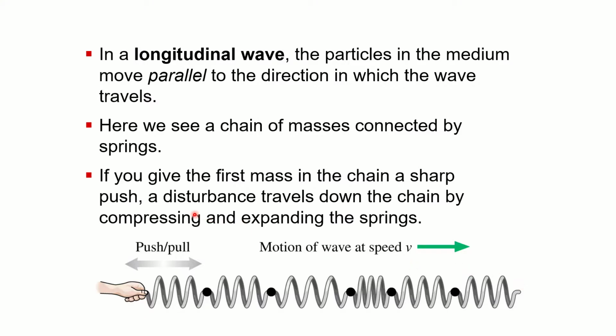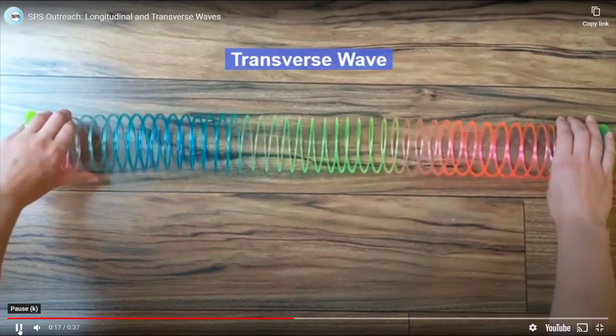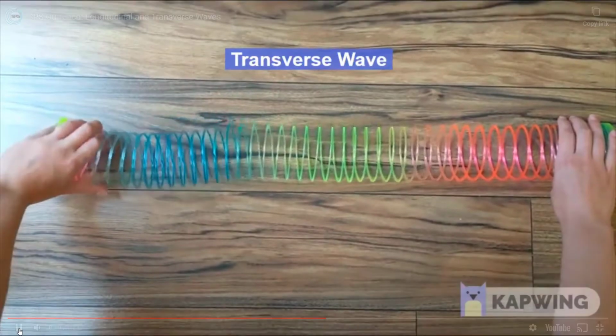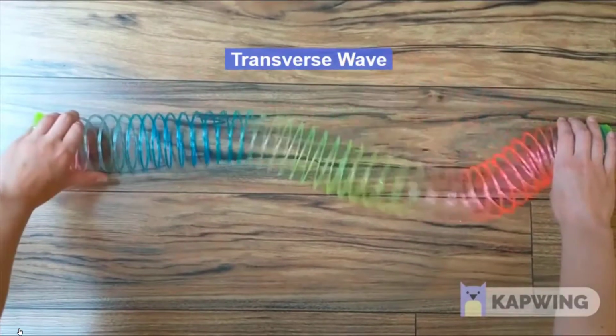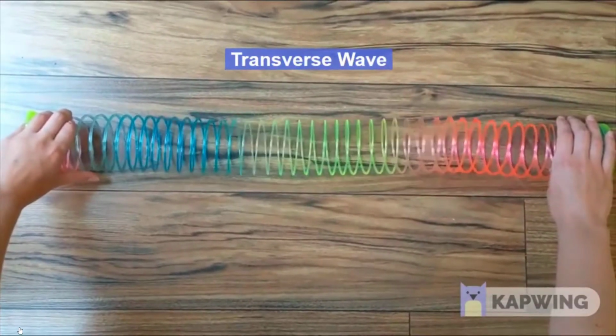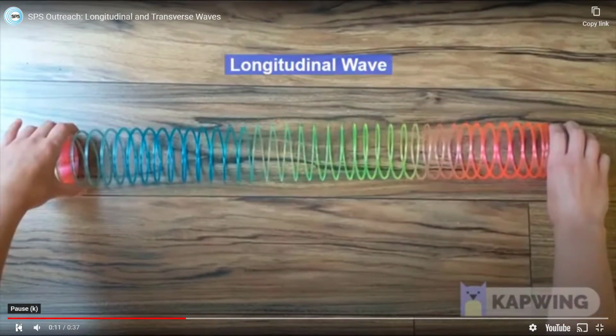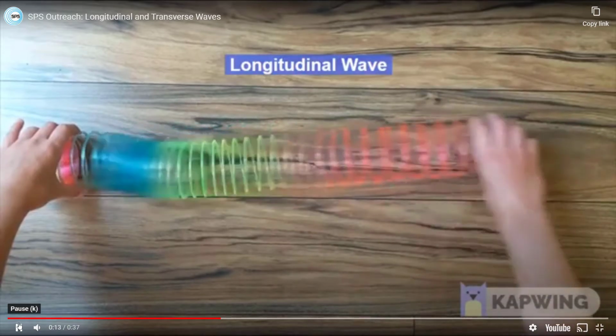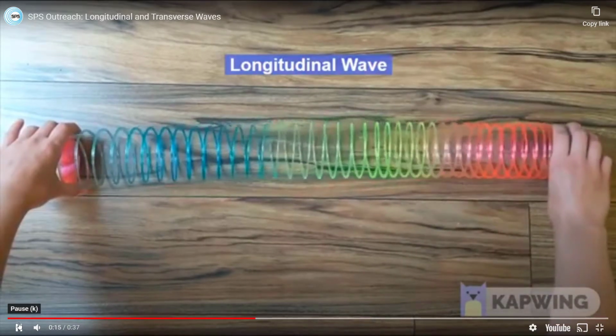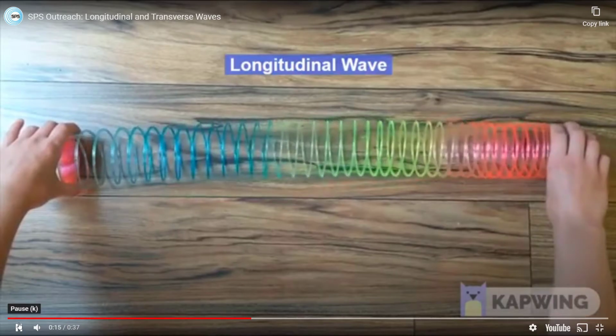And we can watch a brief video showing how these look. You can see here we've got a transverse wave where the slinky's displaced up and down, but the disturbance travels left to right. And in the longitudinal wave, you give it a kick along the slinky, and you can see this compressed part of the slinky that's disturbed, traveling back and forth along that slinky.